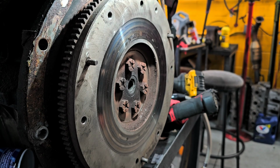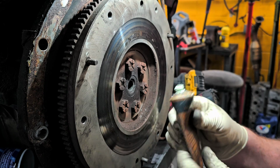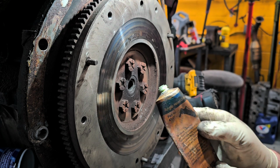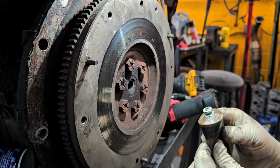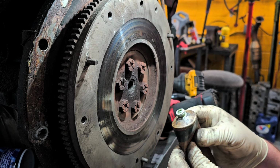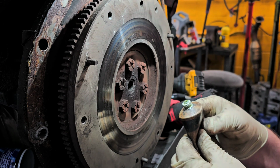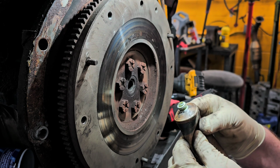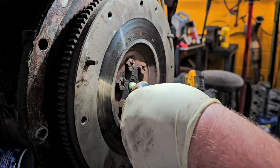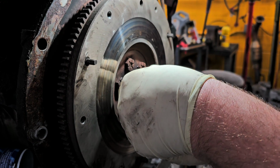Okay, so I don't have any white bread, and I don't have any really heavy grease. I mean, I have wheel bearing grease, but the problem is that stuff is a pain to work with because it makes a mess. I do have this angle head grease, they call it. This was for angle head grinders. I haven't used this stuff in forever. I just happen to have it in my toolbox still, and this is a very heavy, pasty, waxy type of grease. So I'm going to take this, and I'm going to